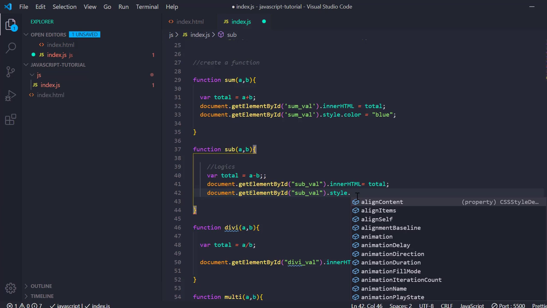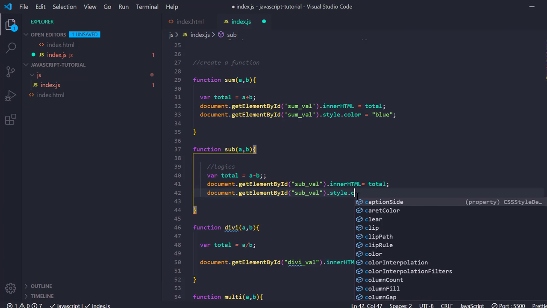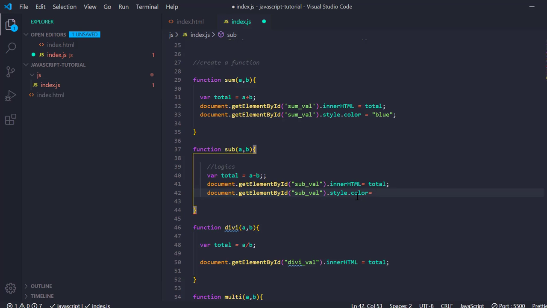Here I can change the property color to red, and as this value is a string, I need to write it within quotes. Okay, so it became red. Okay,